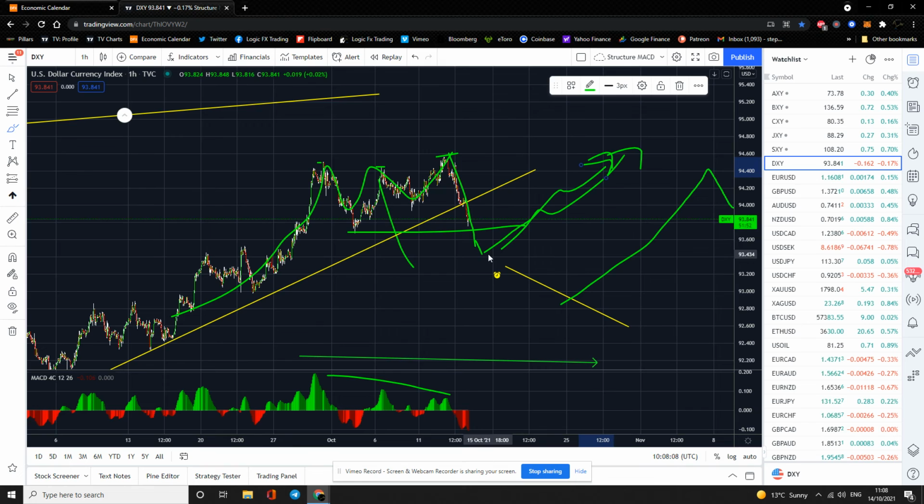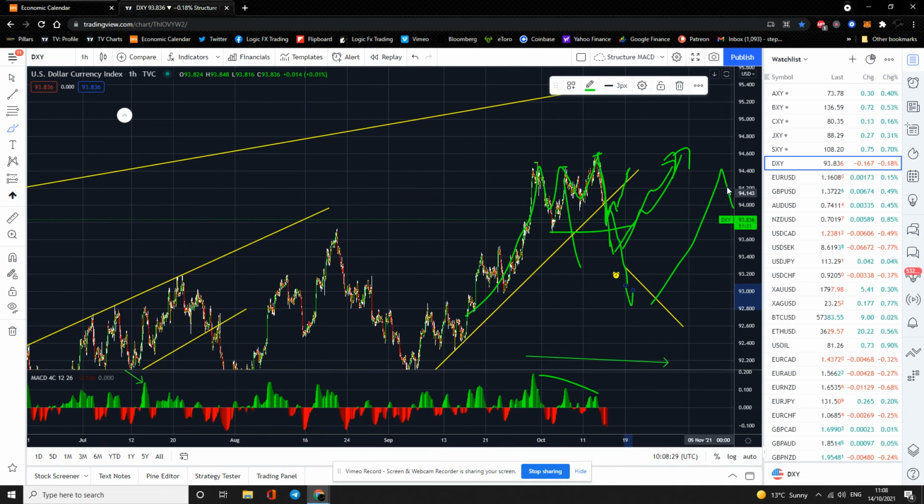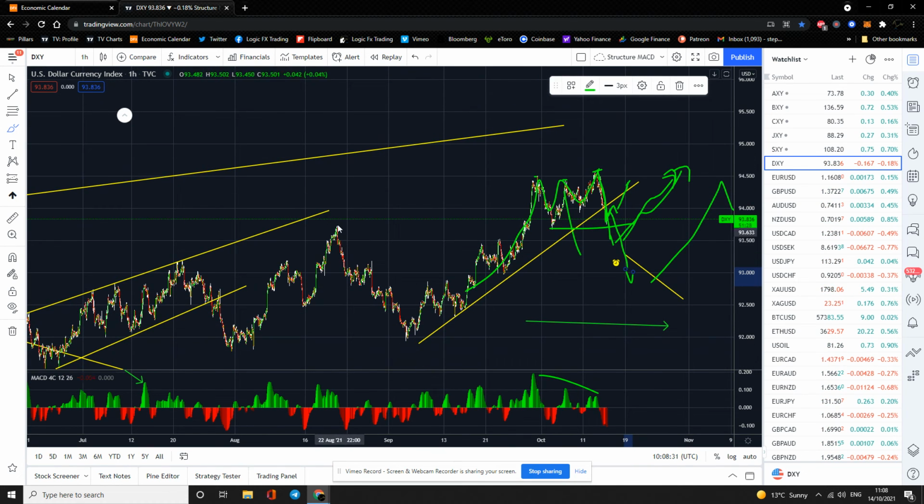Now, we don't just jump in and start trading it long from there, guys. If it's going to do this, you're going to have to allow it to push up and give us maybe a little setup, and then off we go again. Because we don't know if this is the start of a deeper move down. I don't think it should be, but you don't know. You never know, guys. And look, you don't want to get caught on the wrong side of these things.